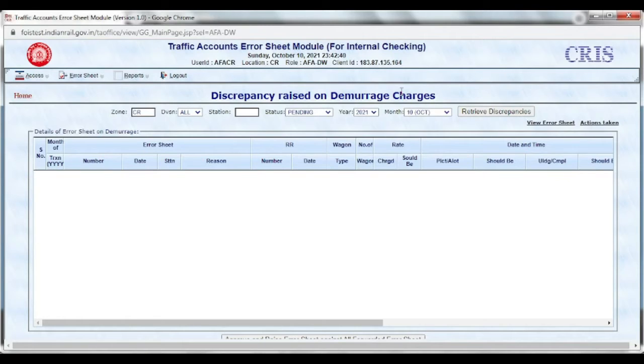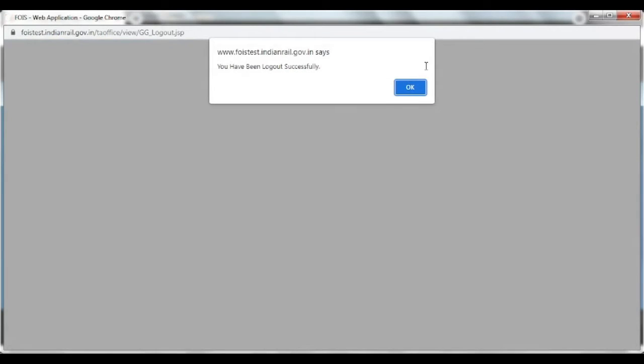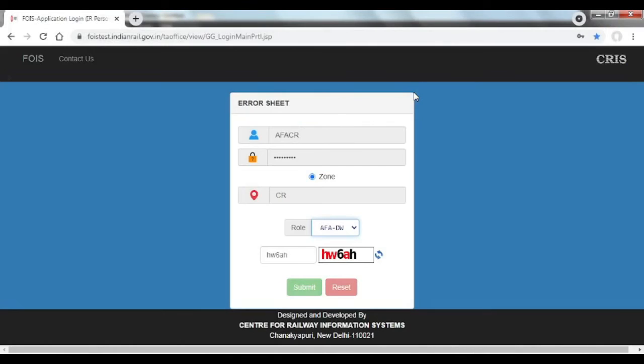Now I will show you how to view the issued CAN. First I will come out of AFA's login. Now go to AA's login.